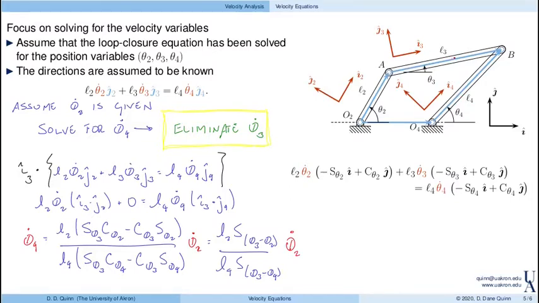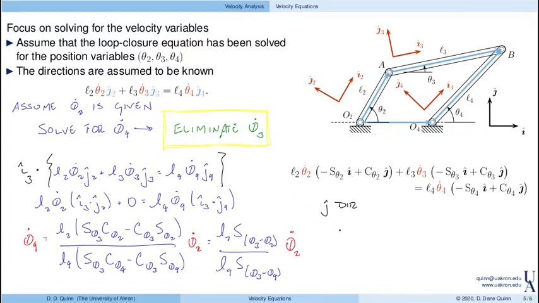If you want to go and find theta 3 dot at this point, my recommendation would be to go back to the loop closure equation in terms of I and J. Since you know theta 4 dot, and you've just solved it, and theta 2 dot was input, regardless of which component you take, you just have theta 3 dot. Now, for example, using the J direction,